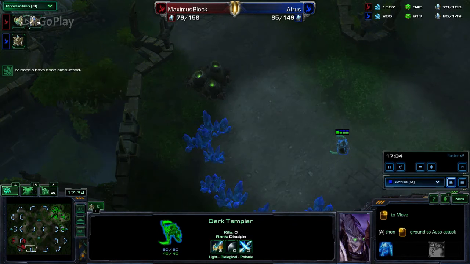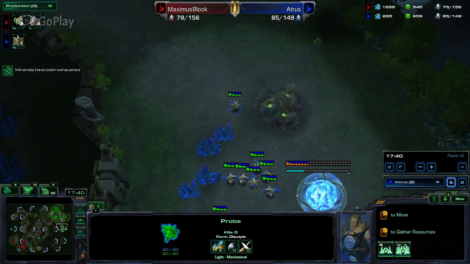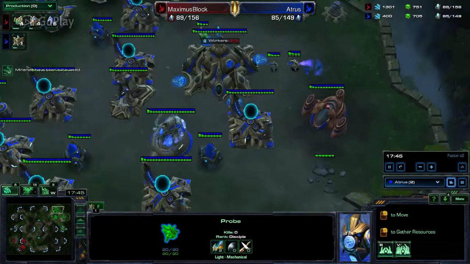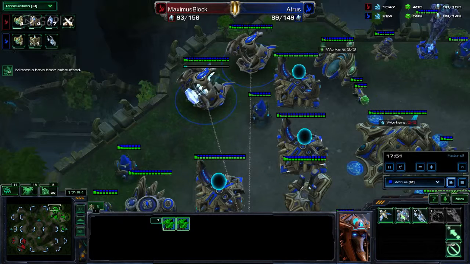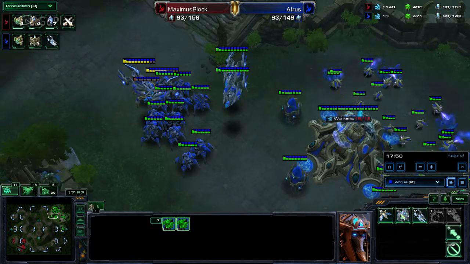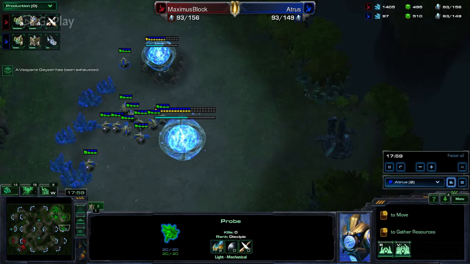Mineral field depleted. So I'm just running around with my DTs, trying to find these other bases, because I know he's got more than 3. There's no way that he can keep this up with only 3. Going to continue, because I'm running out of money and I've got 3. So there's no way that he's able to keep up with me, and he's able to keep this high amount